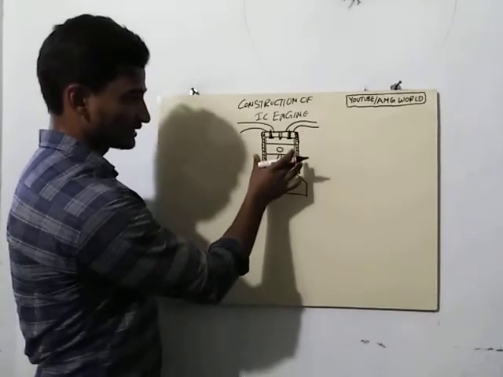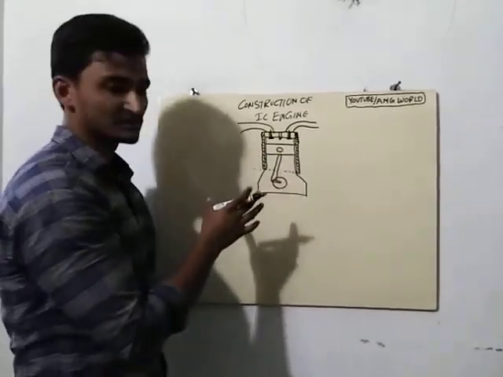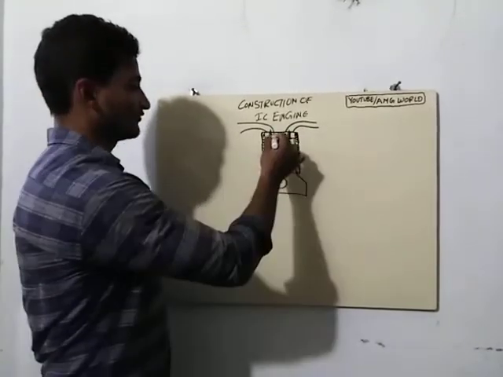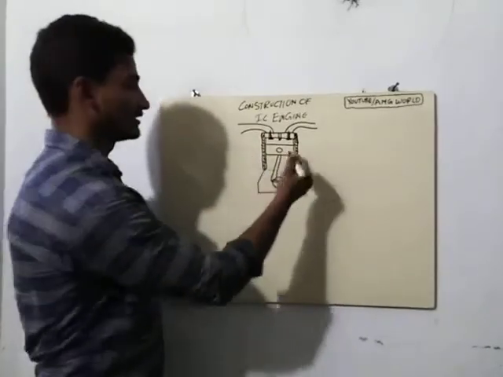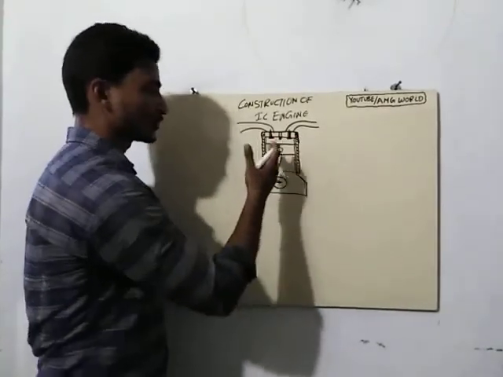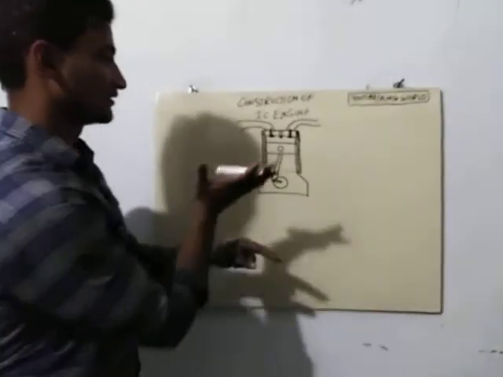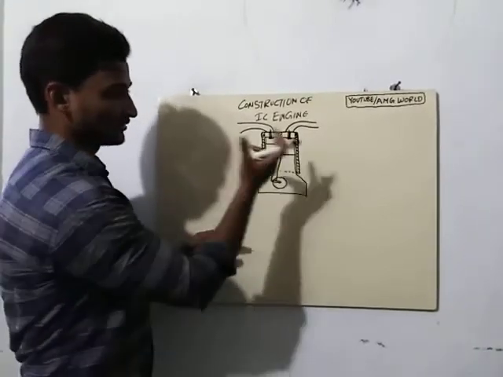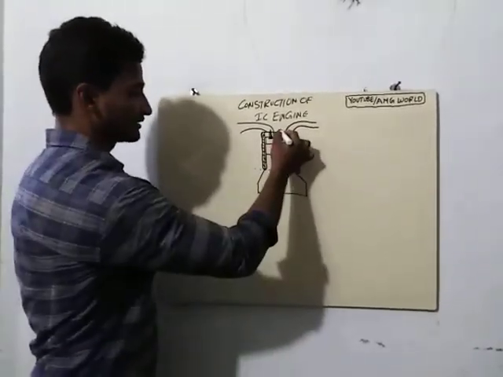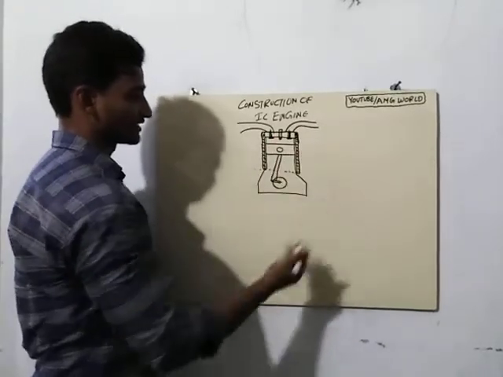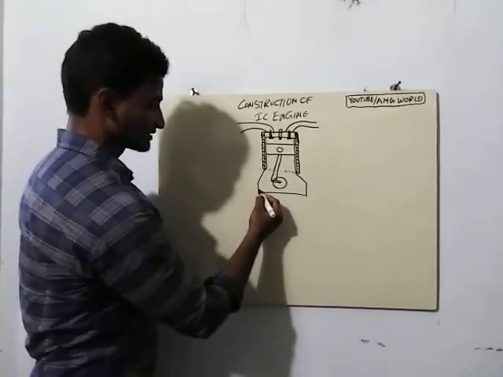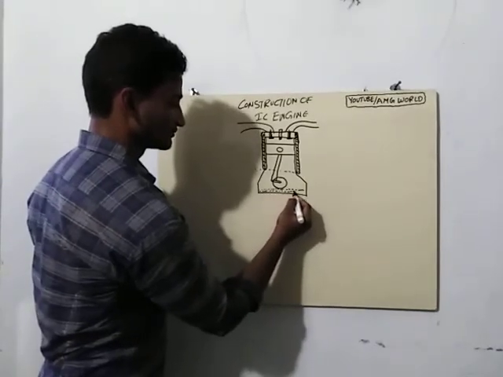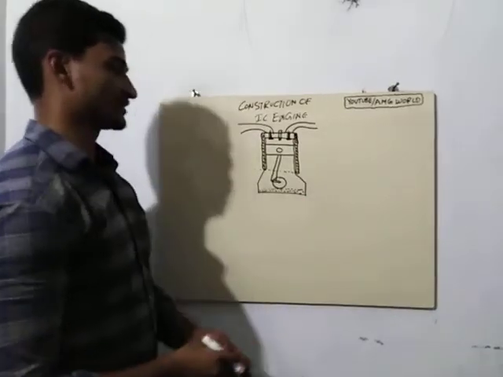If we take this as a CI engine, compression ignition engine, here a fuel injector comes. If this is an SI engine, here a spark plug comes, which ignites the charges which are highly compressed in the engine cylinder. So here this is the fuel injector or spark plug. Here the crankcase holds oil at its bottom, and it acts as an oil reservoir.